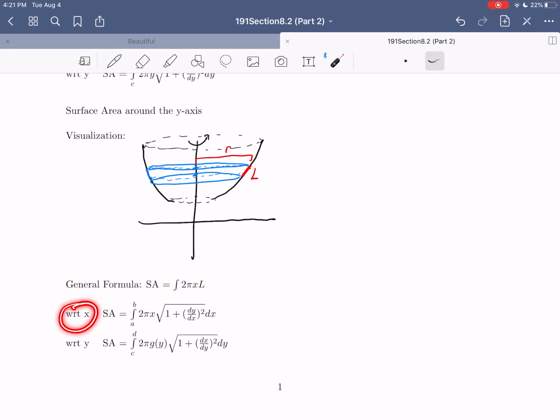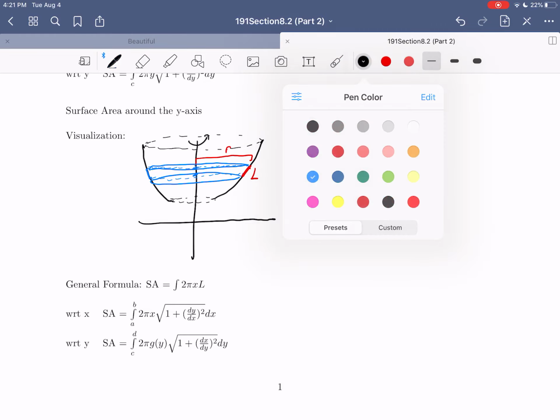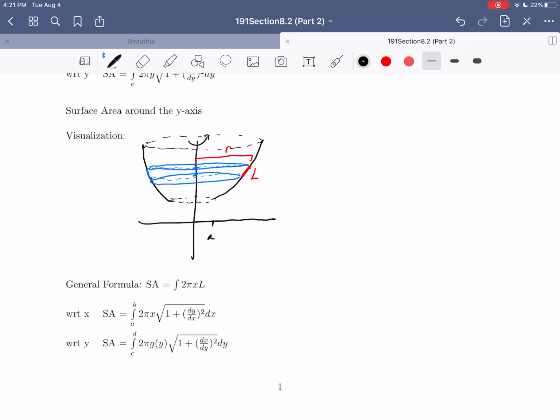If you want to work with respect to x, well, then if we have the bounds of our interval here being from a to b, and if we imagine here c to d, then you would integrate from a to b, 2 pi, you'd leave this as x because you're working with respect to x, and you would use the x definition of arc length, which would be the square root of 1 plus dy dx squared, and then integrated with respect to x, or